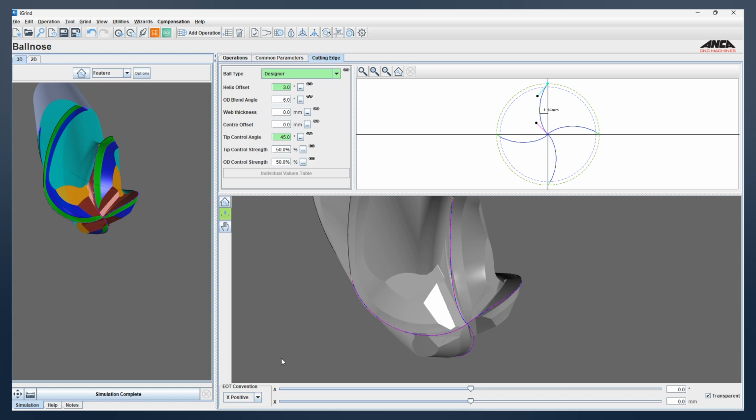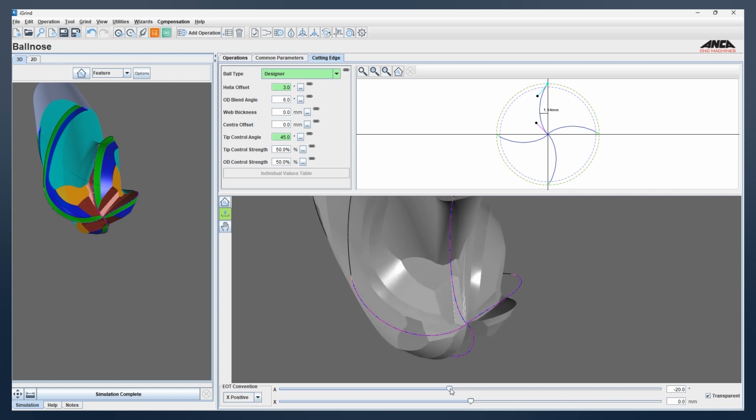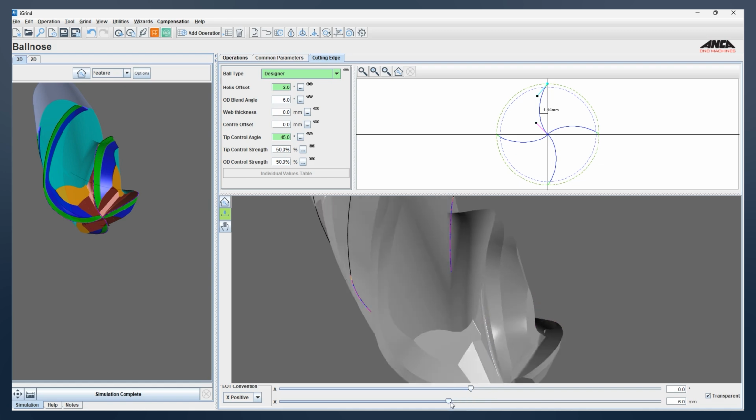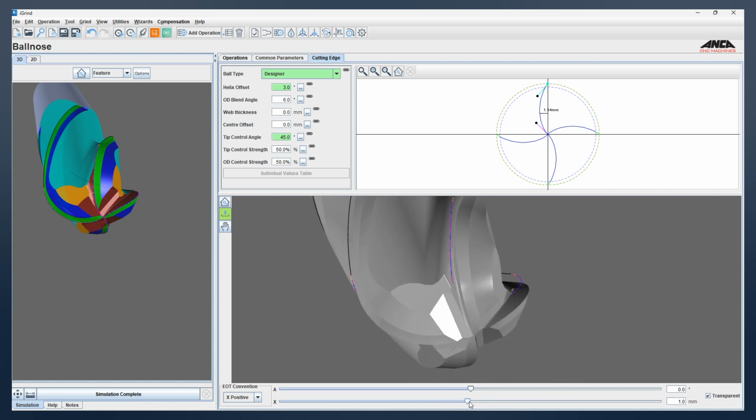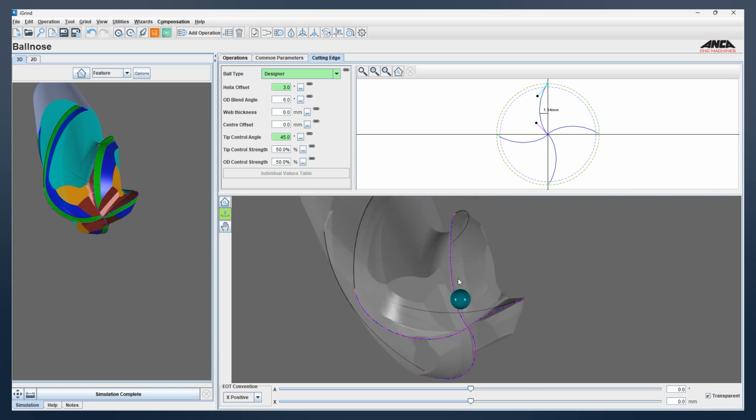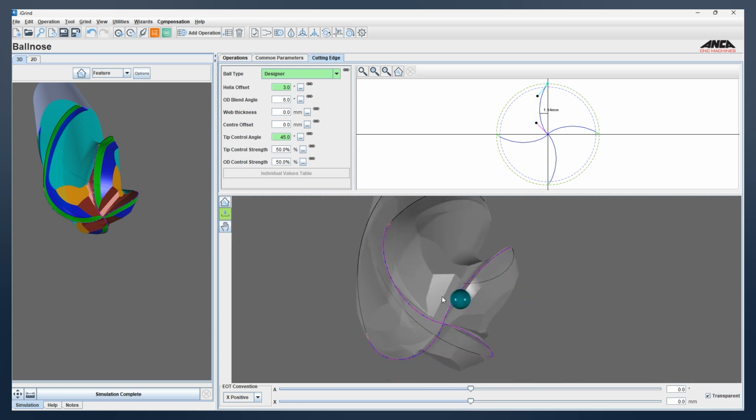We need to match the original VRML model. We've got a few options here where you can adjust the rotation. Also, we can do the X position. If it's not correct, you can match that first, and you can also make the model transparent based on what is required at that stage, if you need to have better visibility.